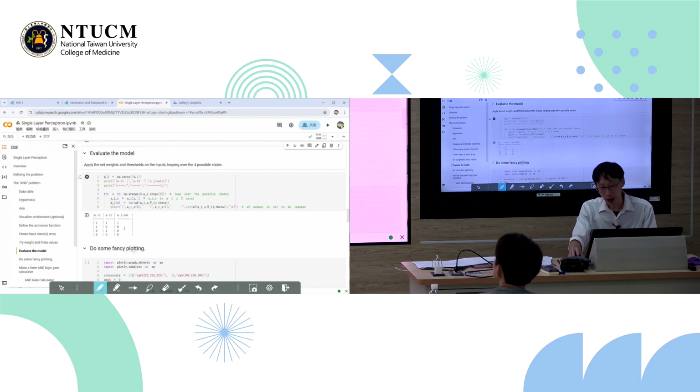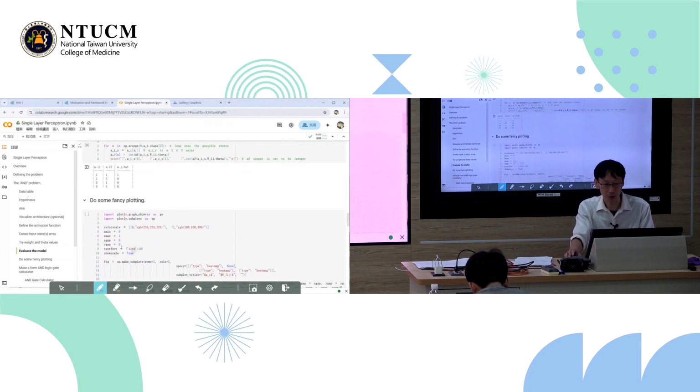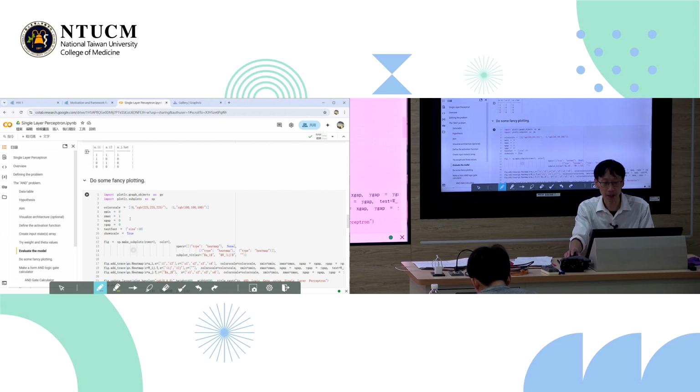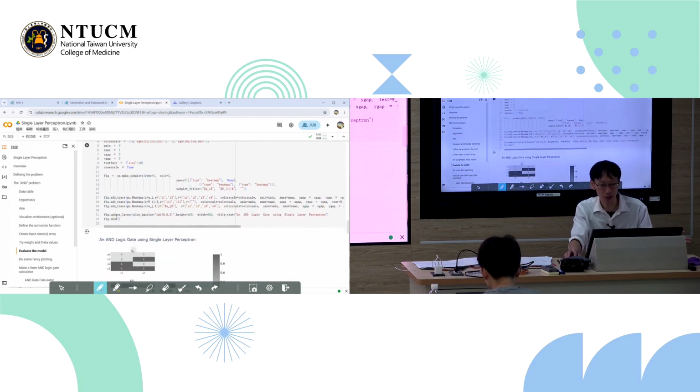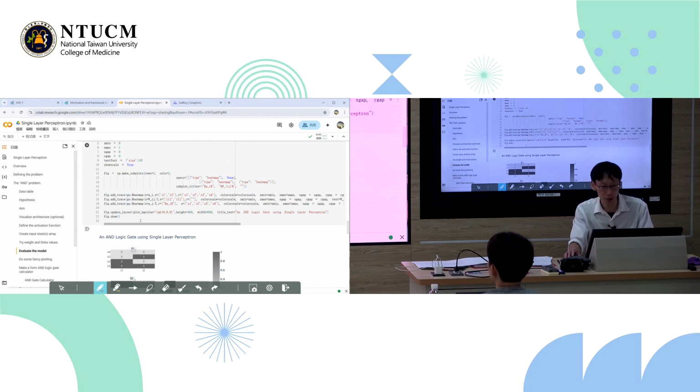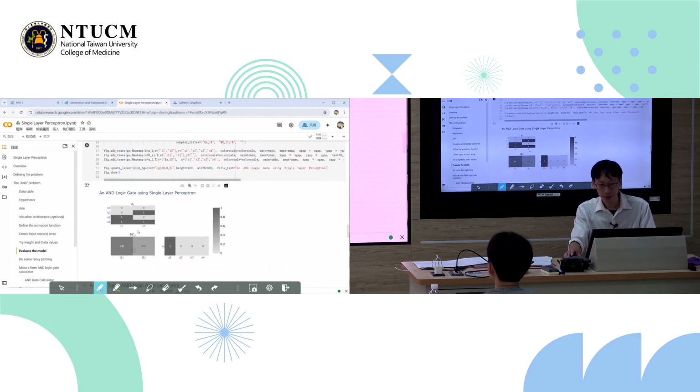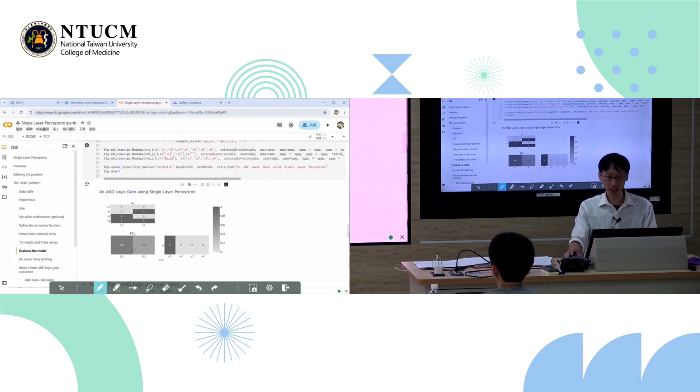Now, after this, this is the result you want already, okay? After this is just some other fancy stuff. For example, I can do some fancy plotting. I took this from last week's course on linear algebra, and we played around with Jupyter Notebook. And I can plot it out as a fancy kind of graphic like this.